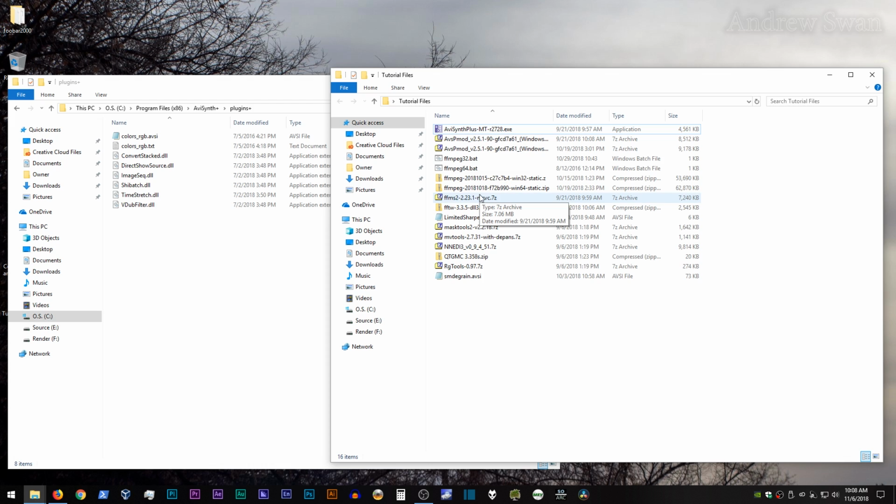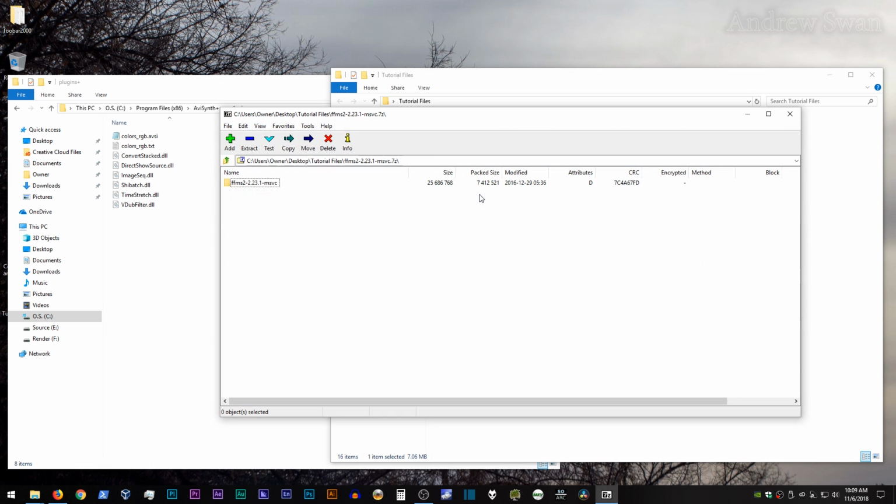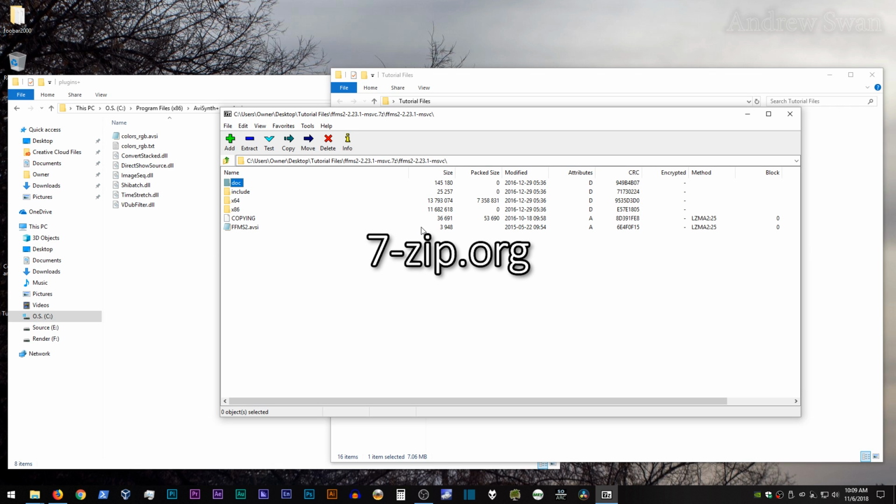So I'm going to install the plugins first, and then the .avsi scripts, and then finally the FFTW3 libraries. For the plugins, I'm just going to go down the list here, starting with FFMPEG source 2. You open up that archive. If this archive doesn't open for you, you get some sort of an error, you probably don't have some program installed to open 7-zip files. You can just go to 7-zip.org and grab 7-zip off of there and install that first, and then these should